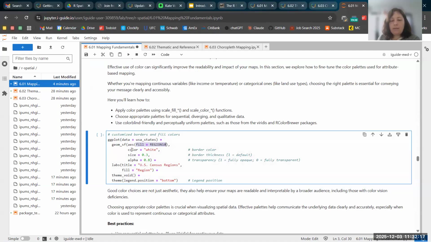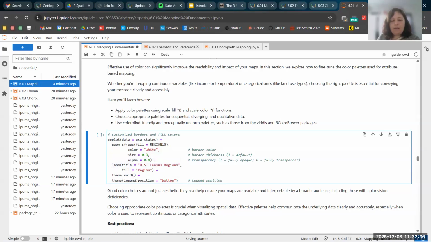So I've added here a couple things, including that I want white borders. I want them to be very thin, thinner than that 1 default, and I want them to be a little bit transparent. 0 is fully transparent, 1 is fully non-transparent,